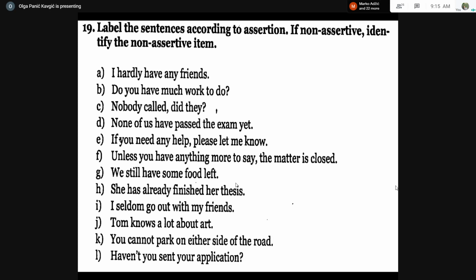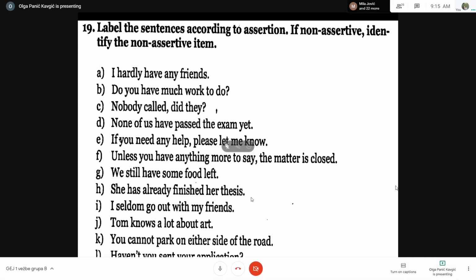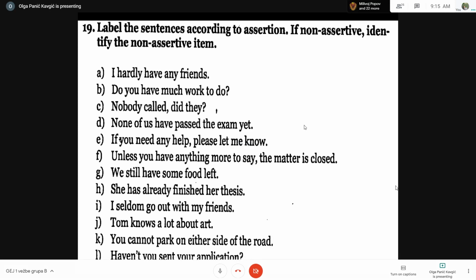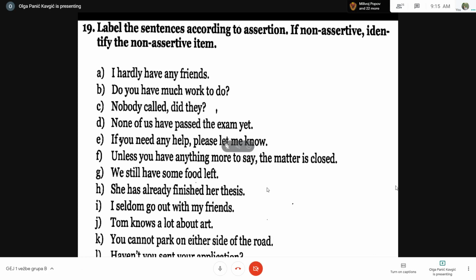Yet. Very good. So you would not really use yet in an assertive context. If you remember the example that I gave you with she has already arrived, and then if you want to negate it, you would say she hasn't arrived yet. So yet is somehow a marker of negative orientation and non-assertive sentences. Okay, good. Thank you.